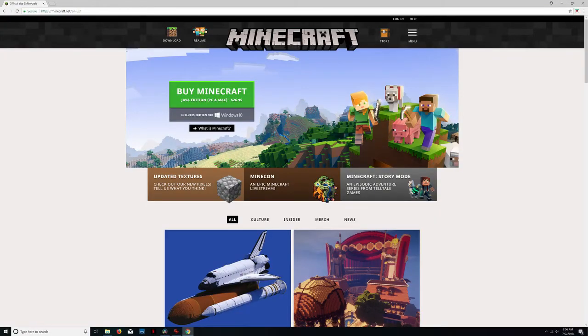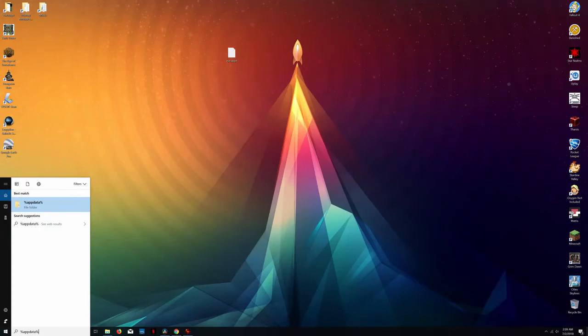Installing mods in Minecraft isn't overly hard, but it's a process that contains a few steps. First things first, you need to get the PC version of the game, the Java edition. You can buy it from Minecraft.net. I'm not going to go step by step through that process because I'm sure you've bought things online before. Now that you have the game, we need to locate the folder where the game is installed. If you're on Windows, just type the following in your search bar: